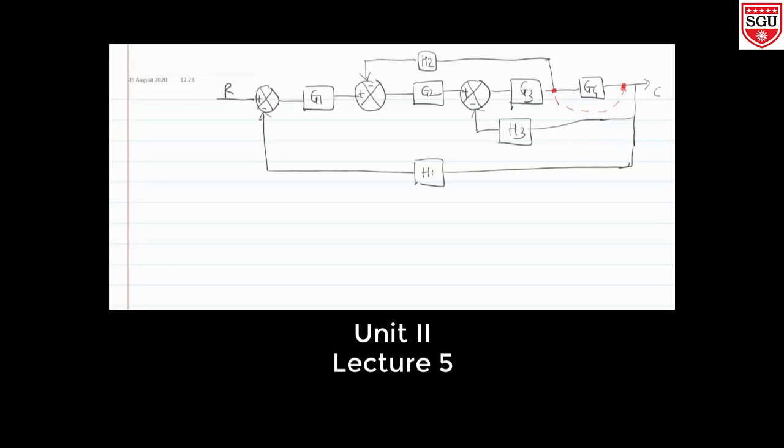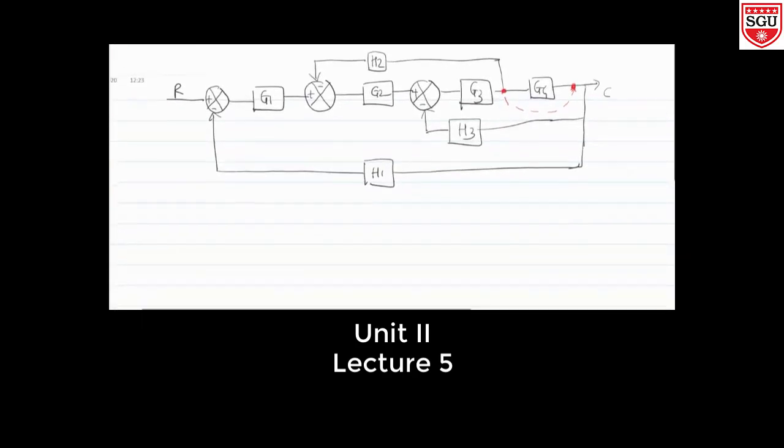Now what I will do, I will make the change in this diagram only. I will not make a new diagram so that it will not be time consuming. So if I want to shift this point to this, sorry, it will not have an arrow here. So like this. What will be the change in H2?